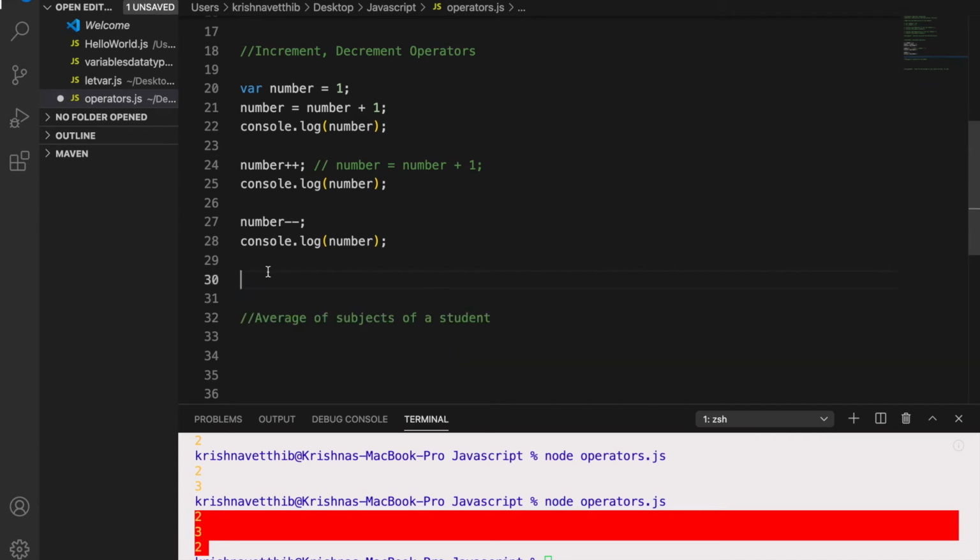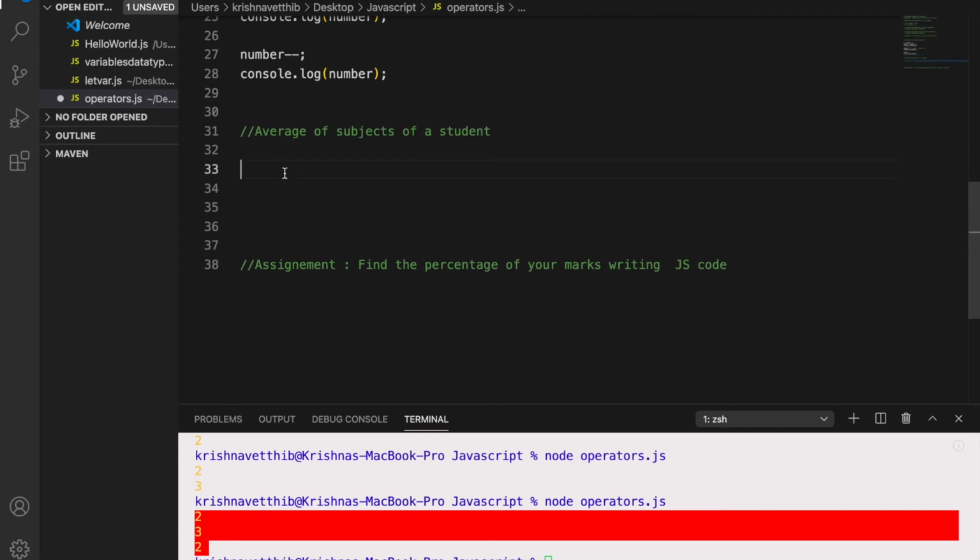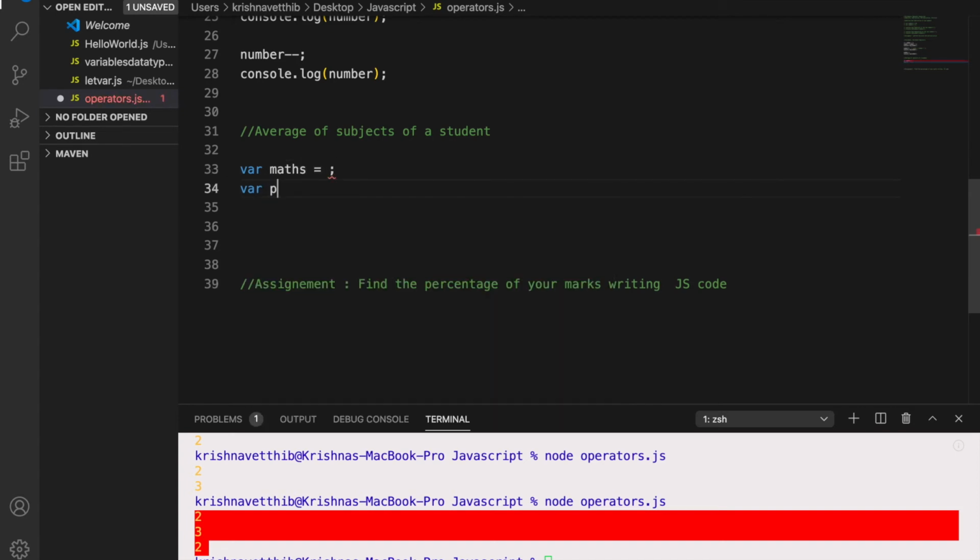Now let us do something: average of subjects of a student. Let us write code to get the average of subjects of a student. Let us consider three subjects: maths, physics and chemistry.